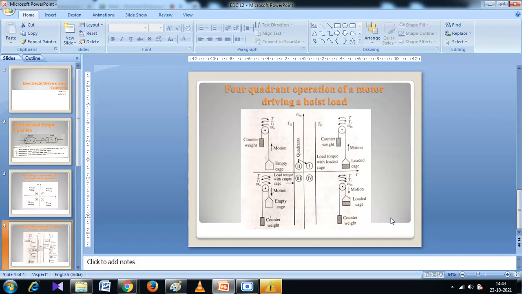And what about the speed of the cage? Is it high or low? High, sir. When a loaded cage is running at high speed, is it desirable or not? Not desirable, sir. Then that means we should control the speed of the loaded cage at that time. Am I right? Yes, sir. Then what should we do at that time?